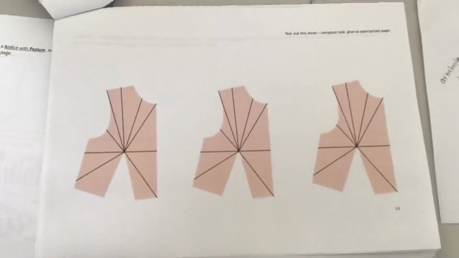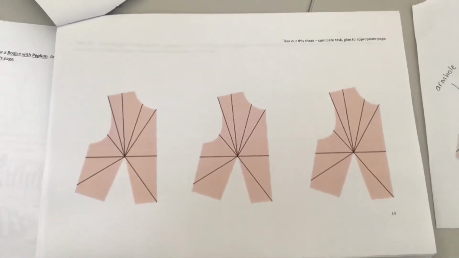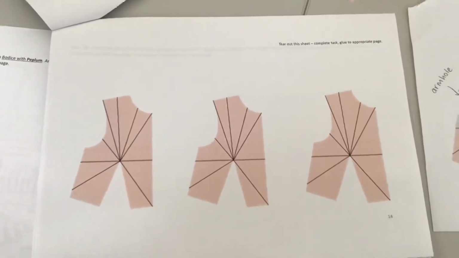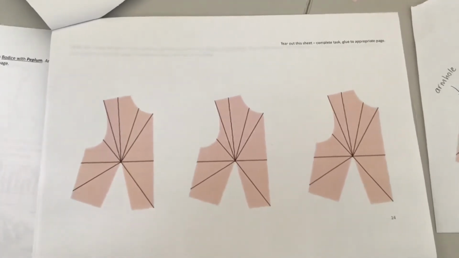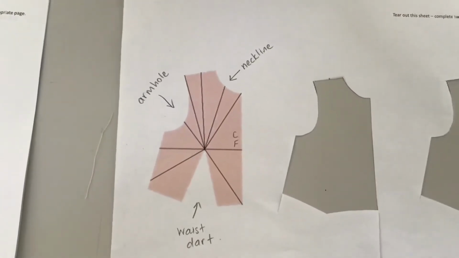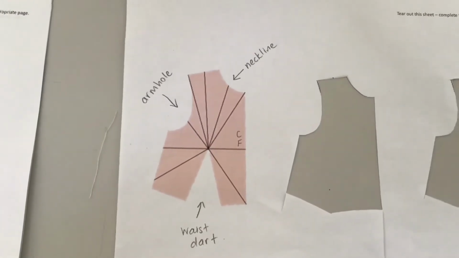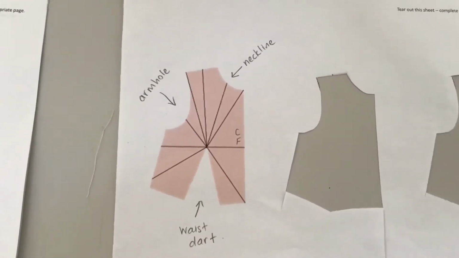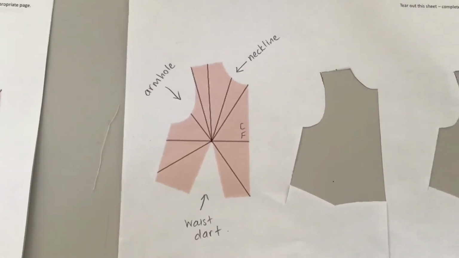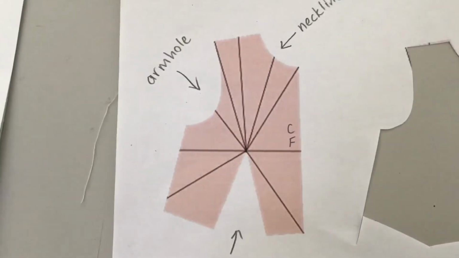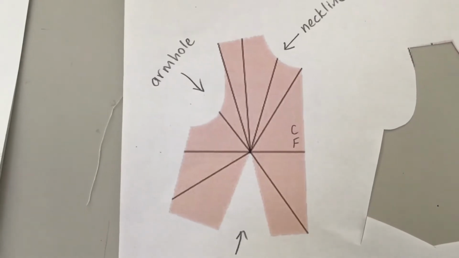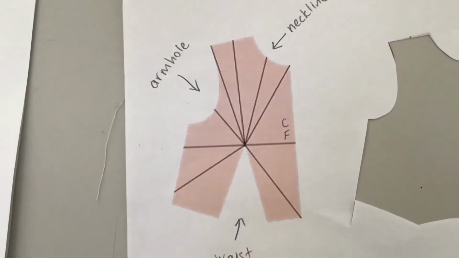You have 3 basic bodices that you are going to reposition the darts of and create 3 different bodice designs. Just a reminder where the armhole is, the neckline is, and the waist dart is. Just note there is no bust dart for this particular bodice. The black lines on this bodice are suggestions as to where you might like to transfer or reposition your dart